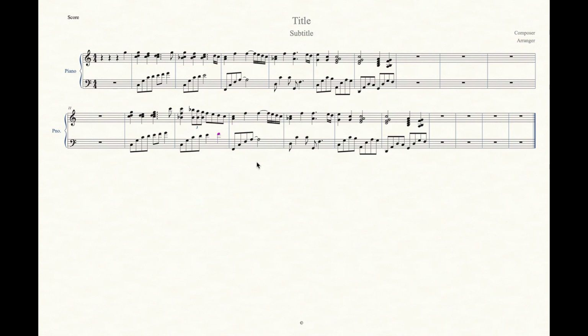I think we can keep this part here. There's no reason to change this. This one we can keep as well. What I only did is I changed the left hand a little bit in order to make it a little bit more interesting, and I'll show you what I did here. I made this